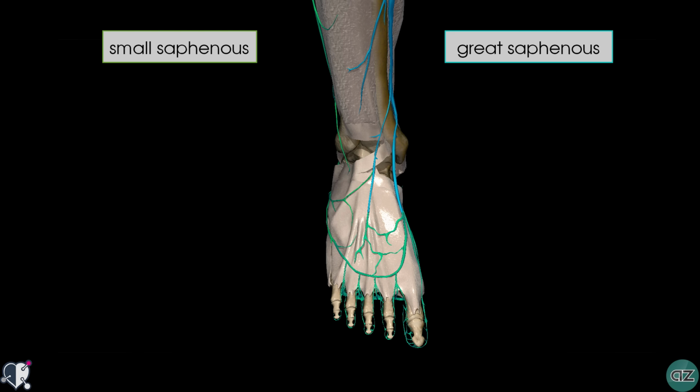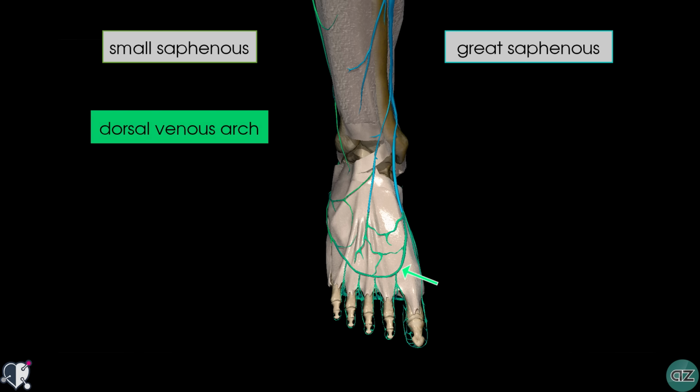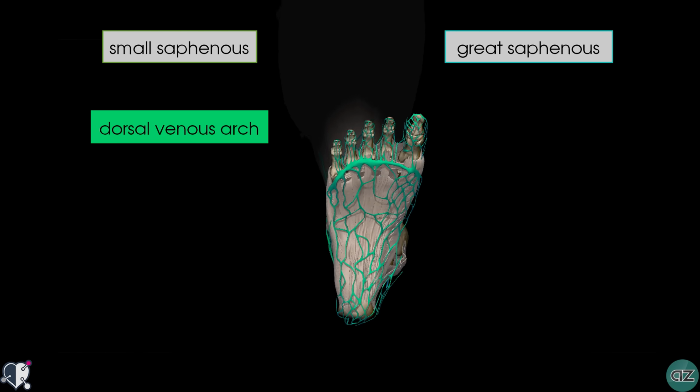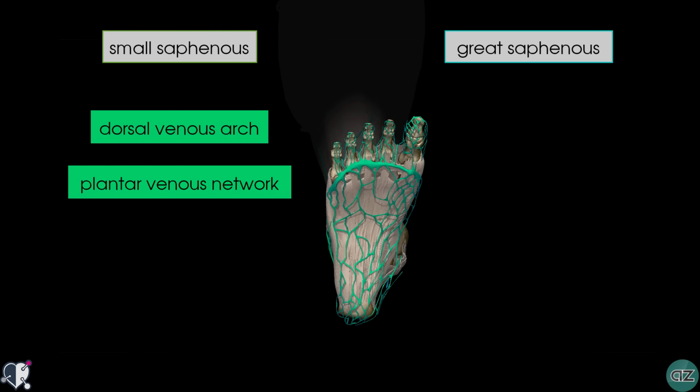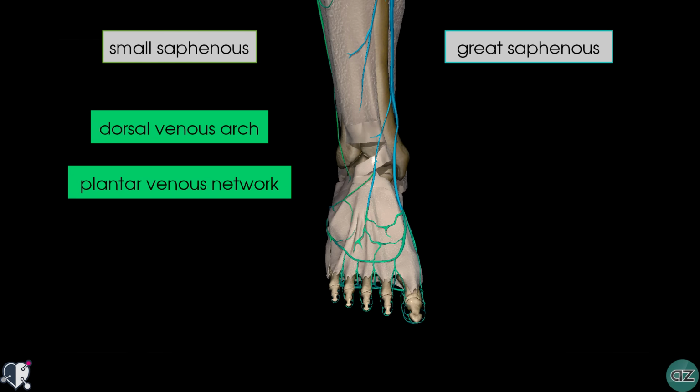I've just moved the model distally, and we're taking a look at the dorsal aspect of the foot. Here we have the dorsal venous arch, which drains the dorsal aspect of the foot, and on the plantar aspect of the foot is a venous network which drains the plantar structures. Coming back to the dorsal view,